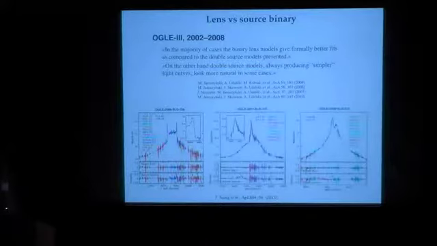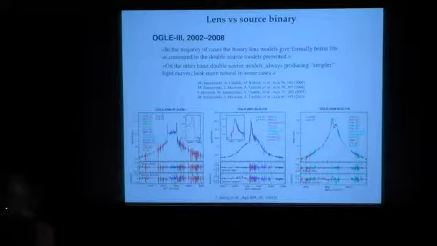There are further events for which the follow-up data hint at a binary lens rather than a binary source interpretation, but as far as I see, the finite size of the sources has not been considered for the binary source models, where it has a substantial effect on the presented binary lens model for one of the events. So we need to assess very carefully what is really ruled out, rather than just claiming a favorite model.